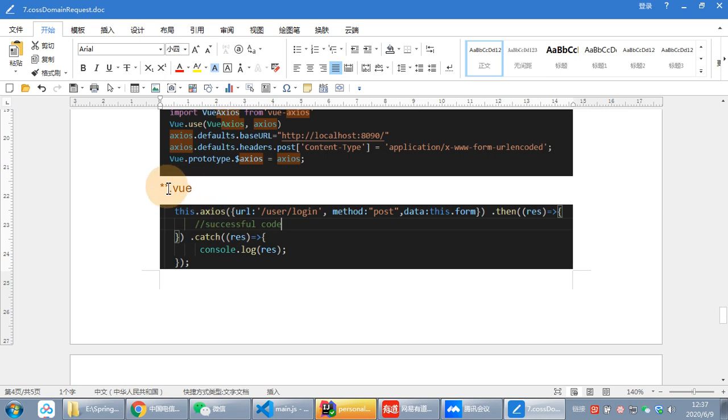Then in your Vue, if you want to use an Ajax request, you can use this Axios, and it's your request path, and we usually submit by the method of post. Okay,